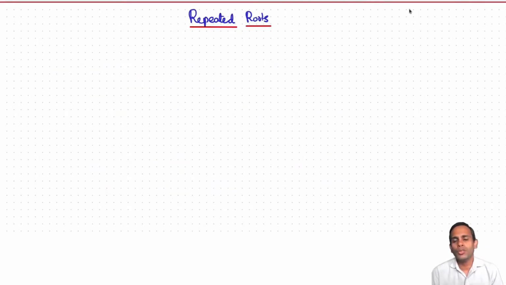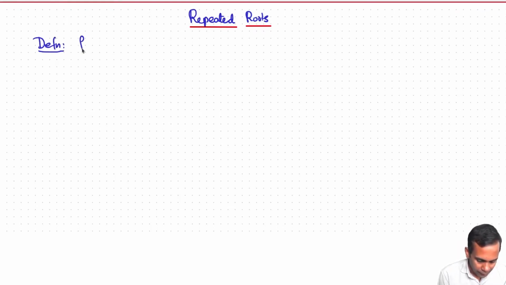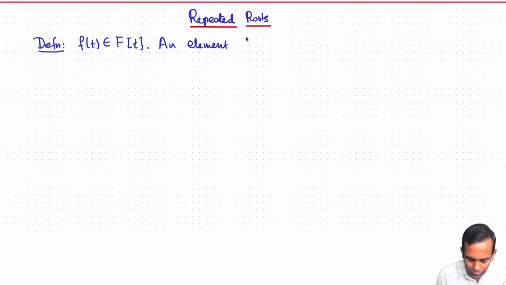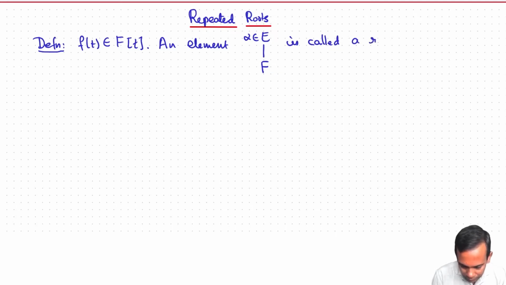Okay, now let's move on to our discussion of repeated roots. So firstly, the definition. Let f(t) be a polynomial in F[t] where F is some field, and then an element alpha that lies in E, where E is some field extension of F. So this notation here means that alpha lies in an extension of F. It is called a repeated root